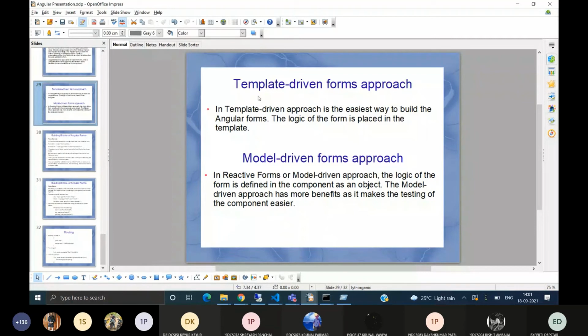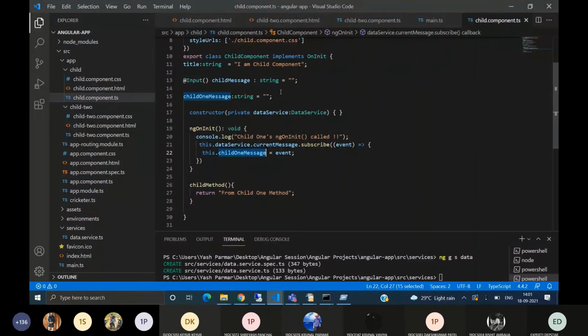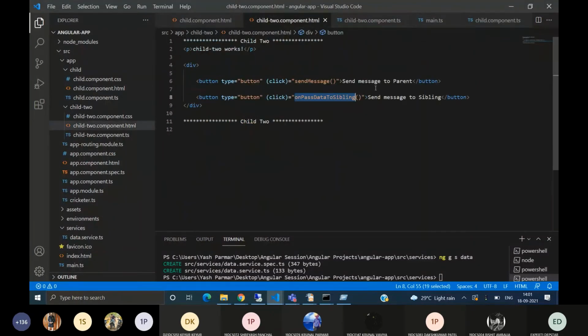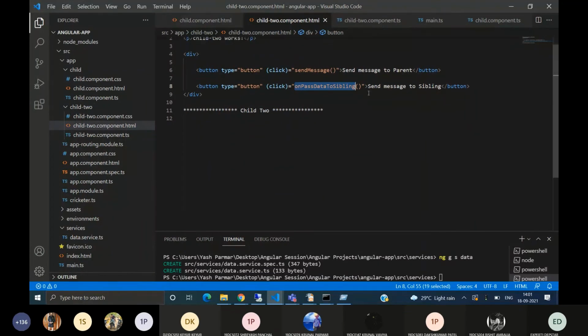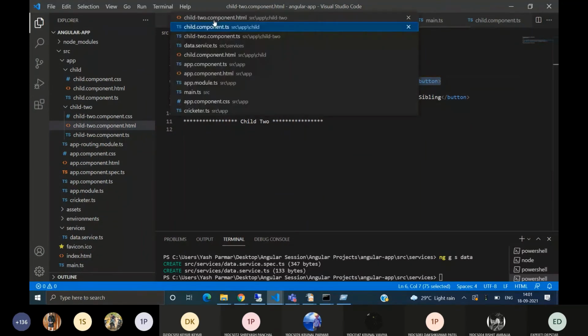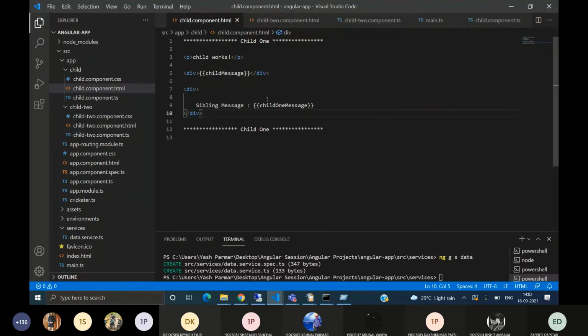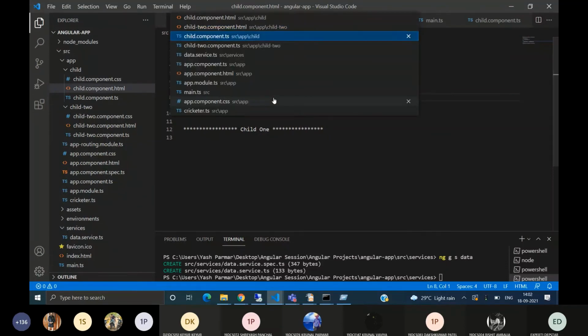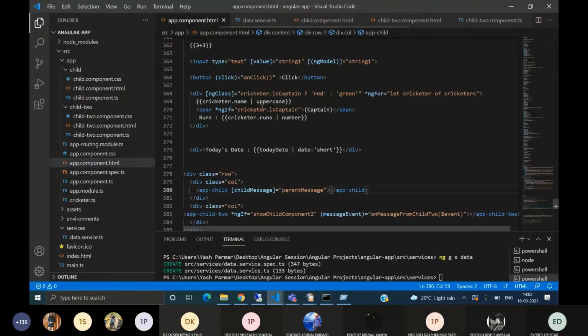Template-driven forms approach. The template-driven approach is the easiest way to build Angular forms. The logic of the form is placed in the template, like when we use ngModel, when we use a button and any input field separately, it is called in the template.